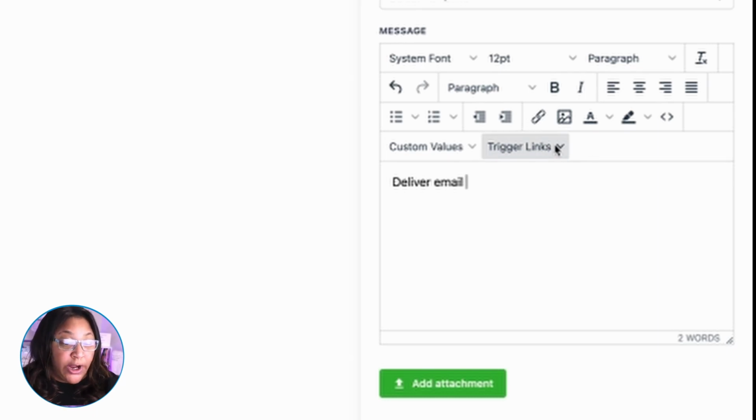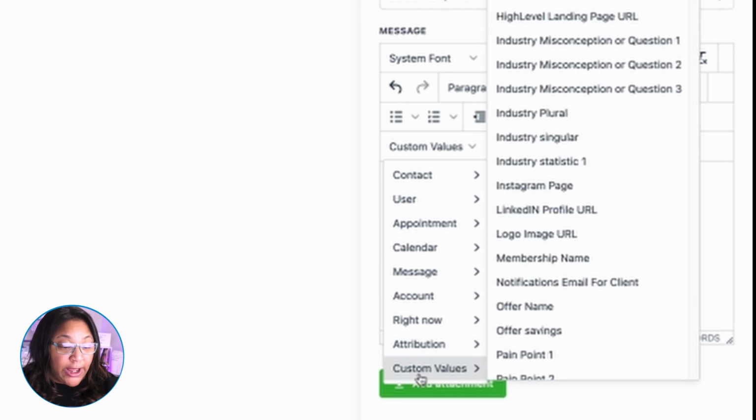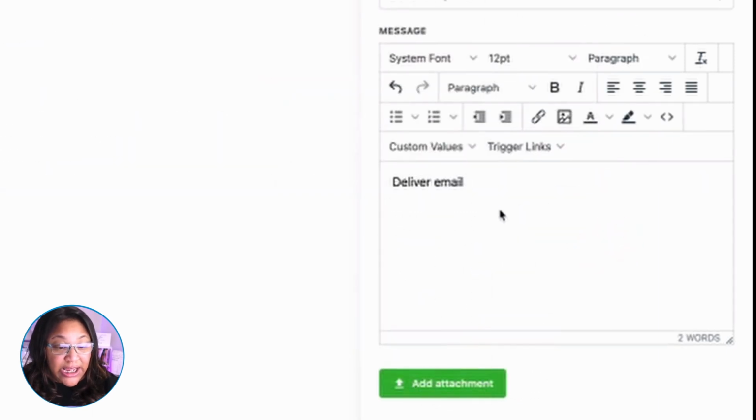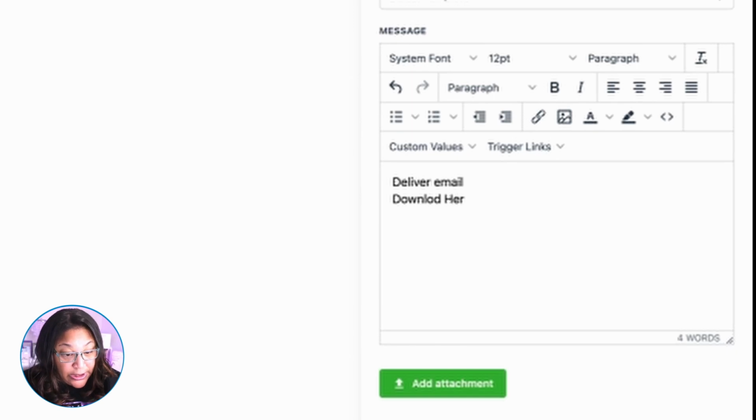Now, this is where you would make sure that you use a trigger link or a custom value. Once you have your lead magnet, you can put it in custom values, and then that way, all you have to do is just add it here. So see how I have, if I was to say I have some text in here and I say download here,